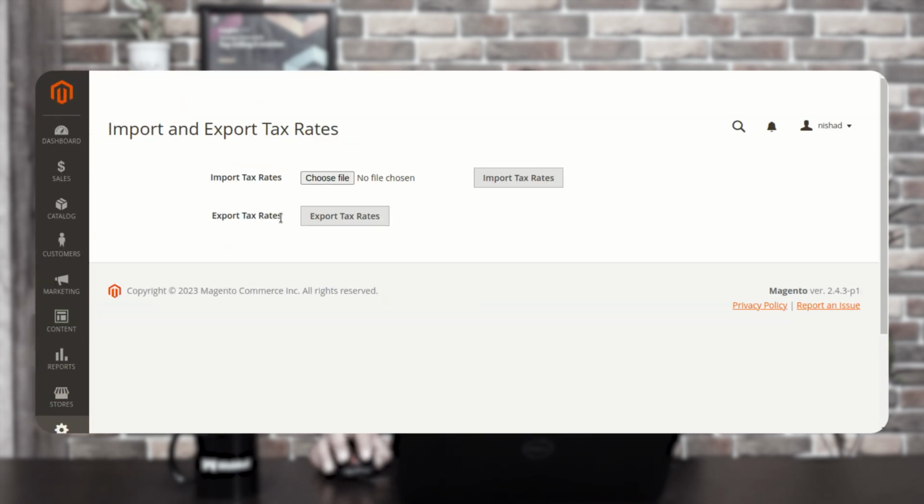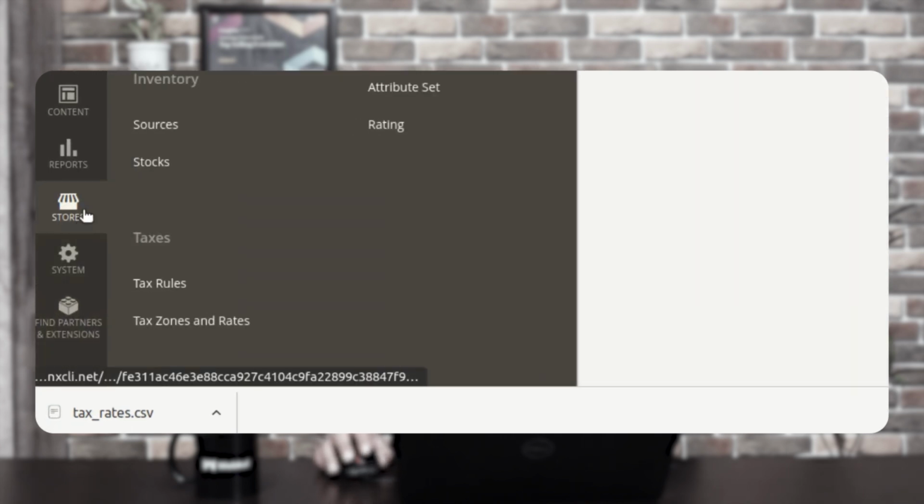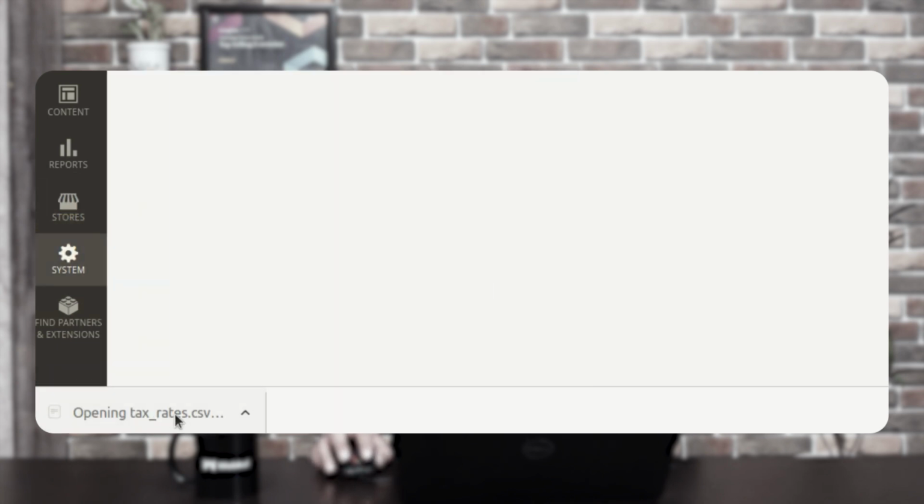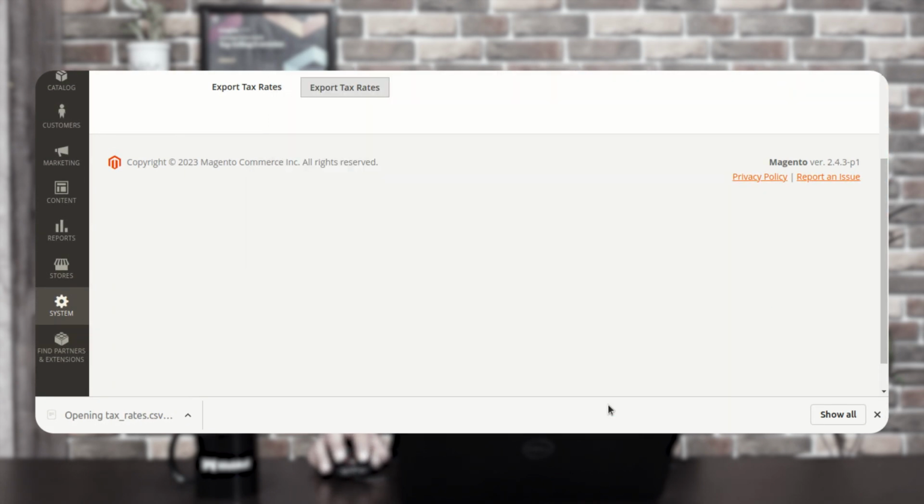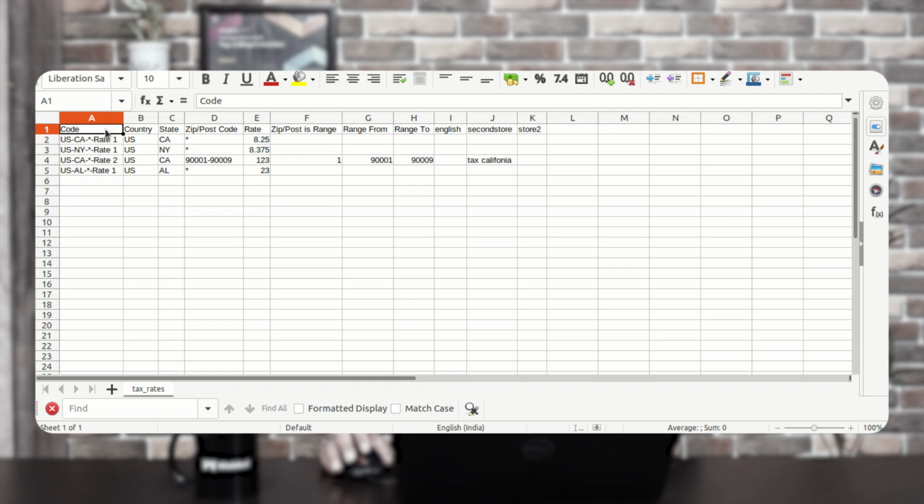Now to export the tax rates, you will have to tap here on the export tax rates button. If I tap here on export tax rates, this would export the complete list of tax rates that we have under Stores, Tax Zones and Tax Rates. And now if I open this tax rate CSV file, you'll see we have the code, country, state, zip postcode,